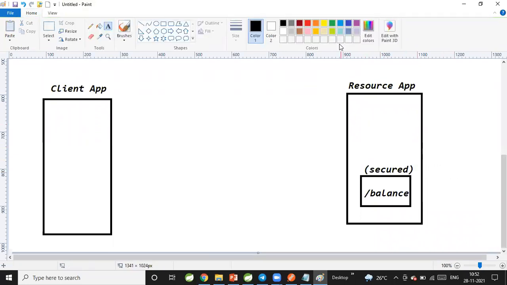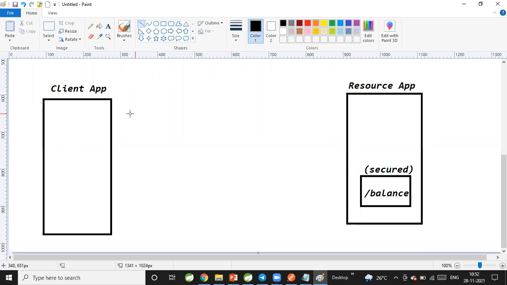Can the client directly access this secured resource, or can the client not access the secured resource directly? The client cannot access the secured resource directly.